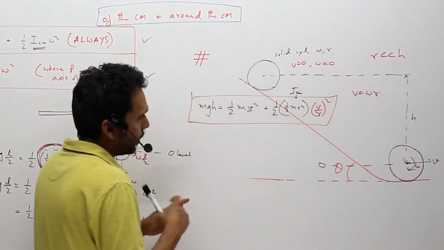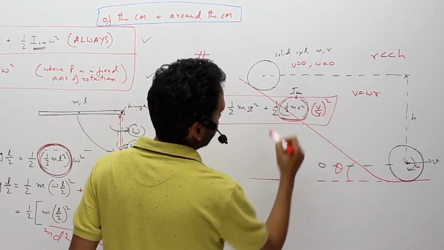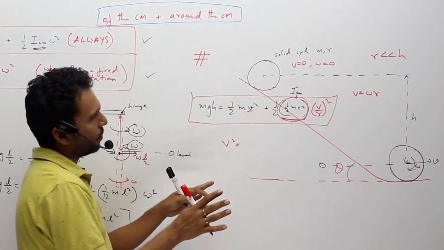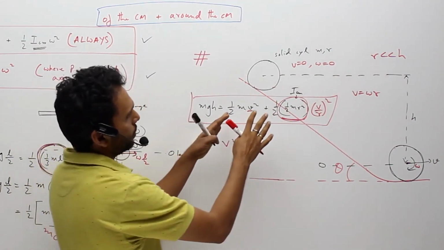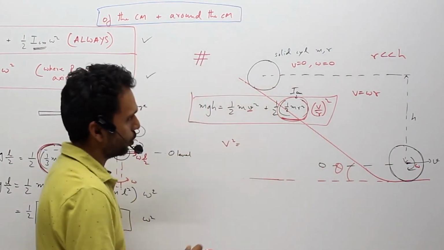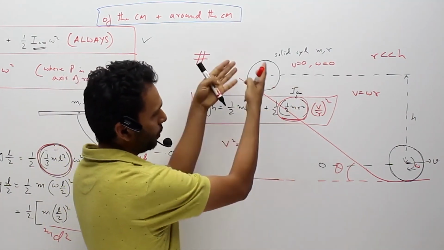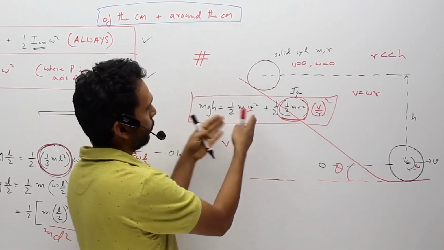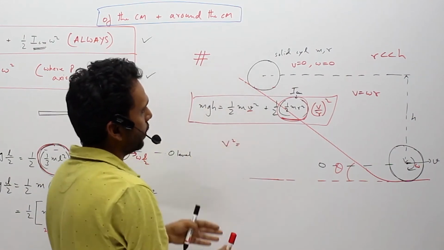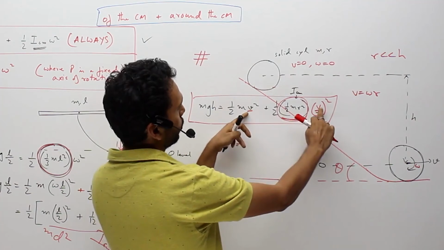What you see is, higher is the moment of inertia of the body, higher is this value, lower will be your v, because the moment of inertia is high, it takes a lot of effort in increasing the kinetic energy. So this loss of potential energy would be same. If there was no moment of inertia, I mean there was no rotation, then all the potential energy would have gone into the velocity. But if there is moment of inertia, then some of the energy will go into rotating it, and hence the net velocity will be less.